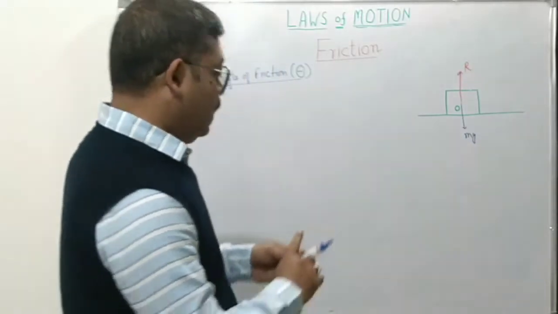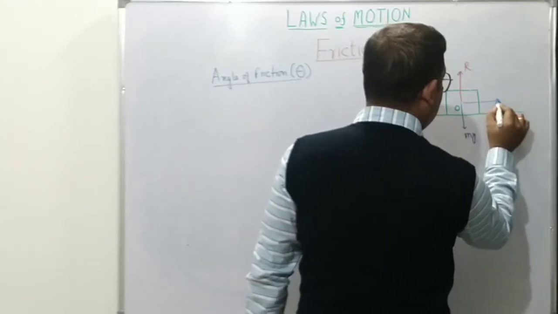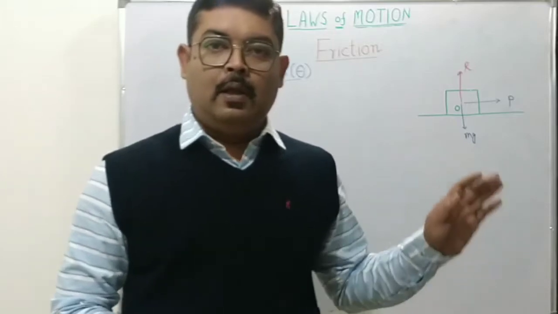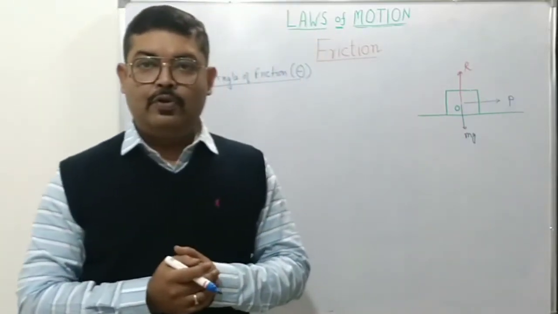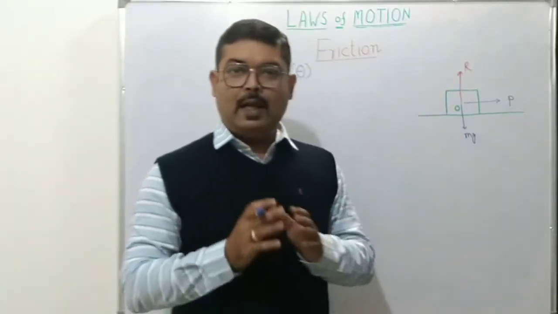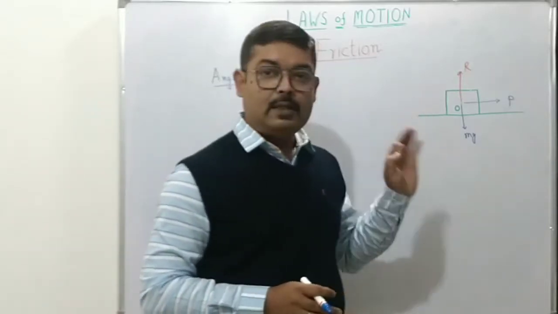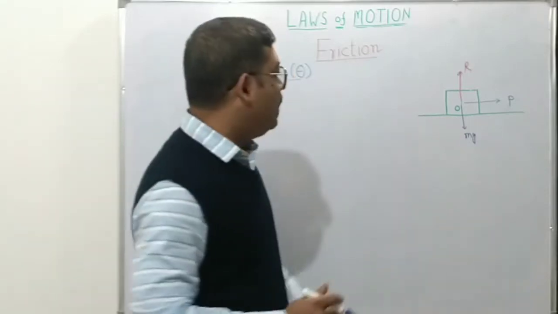Now let's say we apply a force horizontally to pull the object, and we apply such a force which is equal to the force of limiting friction. That is to say, we apply a force such that the object just starts moving, and the maximum value of opposition it offers is offered by the